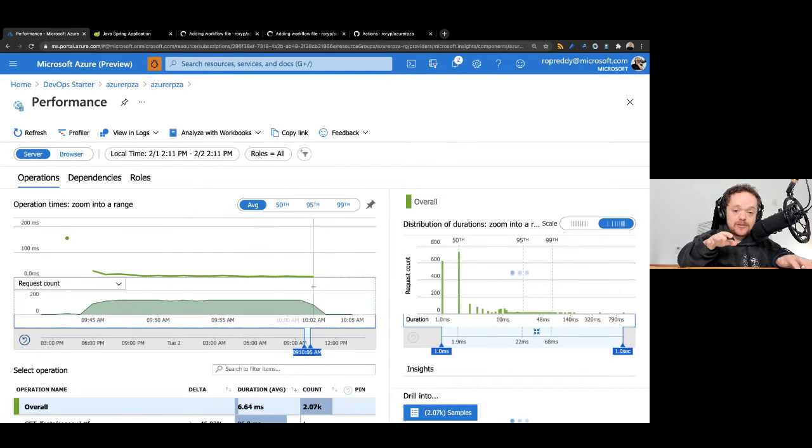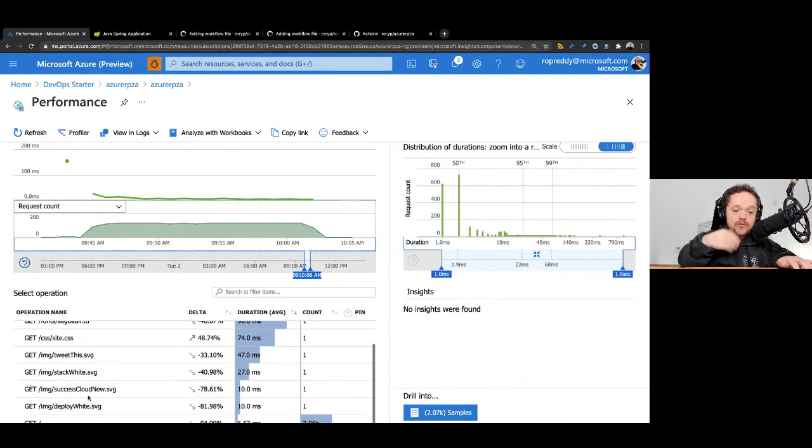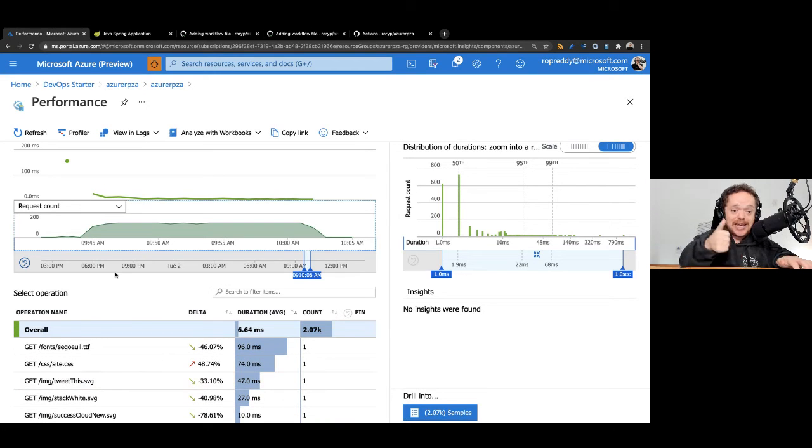And I can go into investigate performance there. And I can see here that I've got all my operations. It's serving a lot of that information. And then I can see that everything is running fine. So that's application insights and also observability. And you can go into Profiler. There's a lot more that you can actually get.